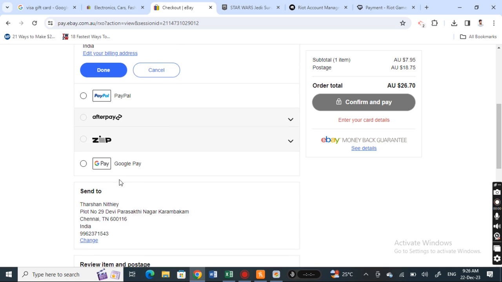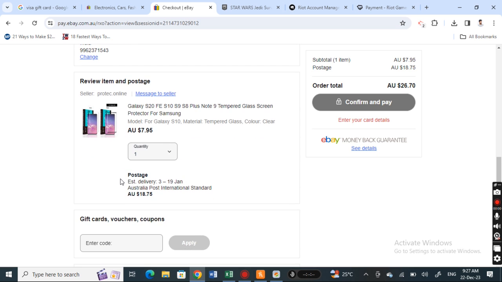You can actually use the issuer's billing address or your home billing address, whatever that's registered on, and then you can simply apply all those information and hit on confirm and pay. So that's how you can use this card on